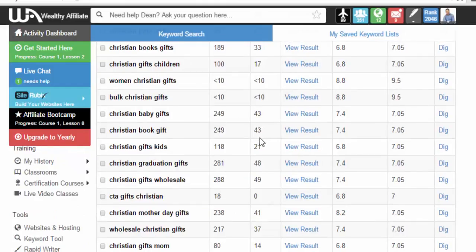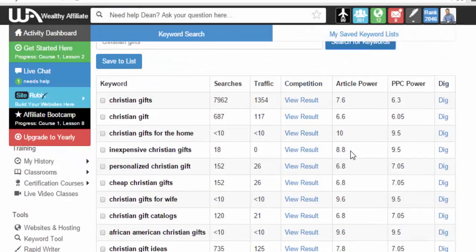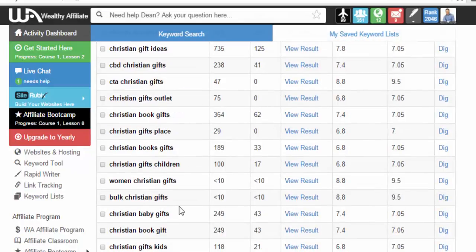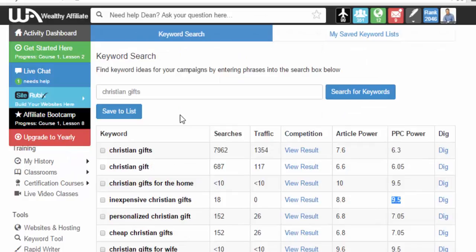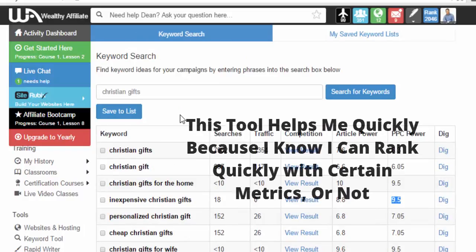This is much cleaner, and I can see the higher this score is right here, the better chance I have of ranking it for an article. Okay, it's got pay-per-click power. That means that you're going to be able to do an inexpensive ad. But I like the results that I get here. There's a better tool for this that I'll show you in just a moment, but I use this all the time because this tells me right away what I need to target.